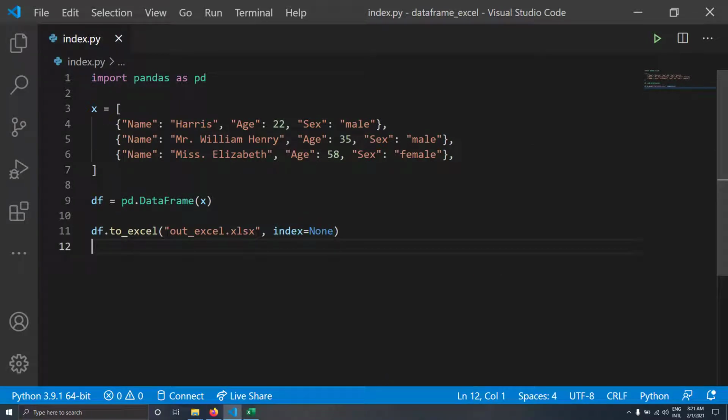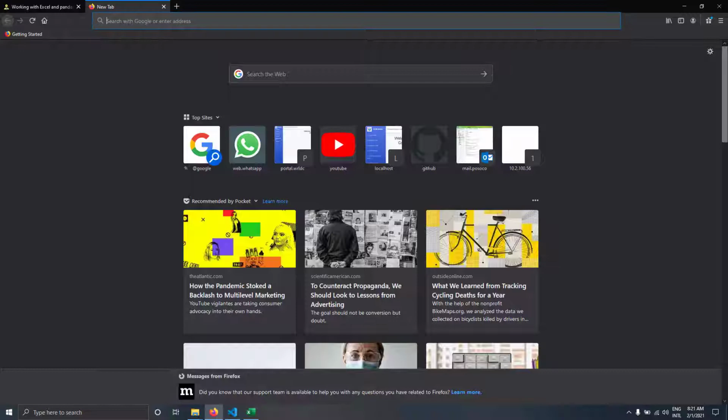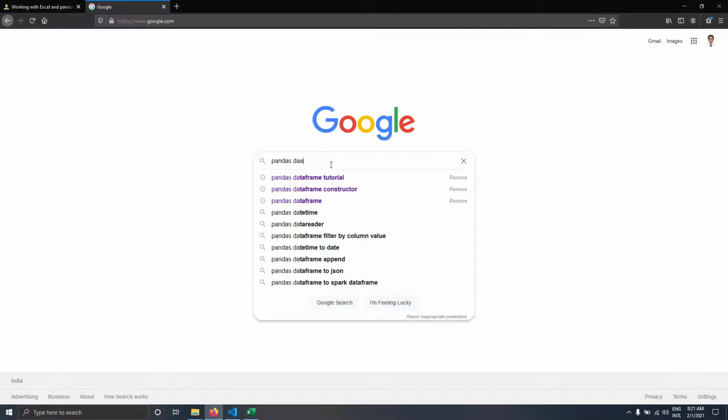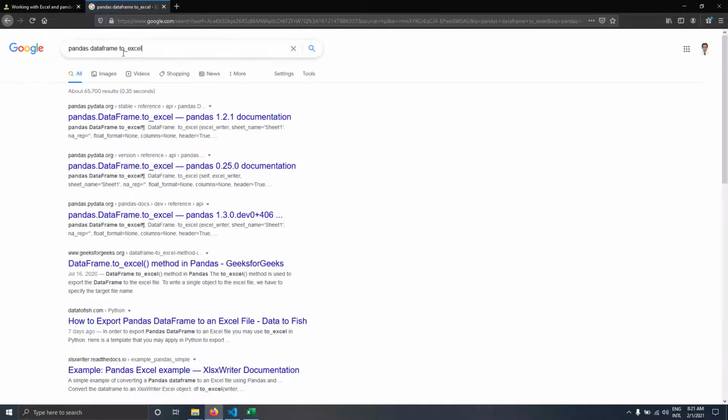And suppose you have a doubt about which options to use and how to use this function, it's really simple, guys. You just do a Google search. You just go to Google, and here write pandas data frame to Excel, and you'll get the documentation of that.